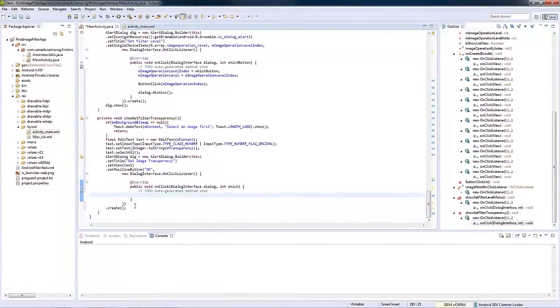This verifies the input text and calls the button click function to apply the changes made.